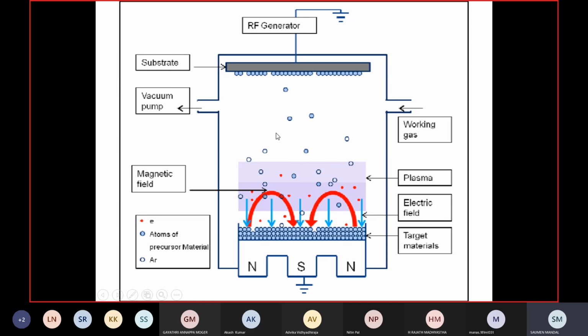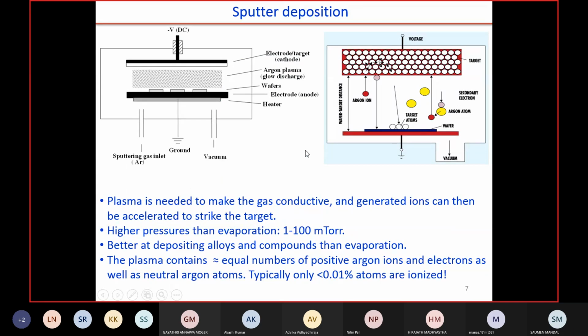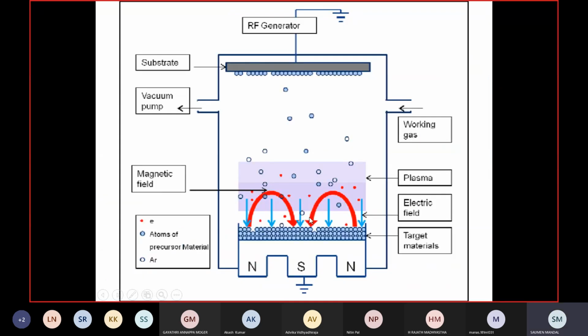But how are these atoms coming? If you put in argon gas and make the argon ionized, then this ionized argon, that is the plus charge, will move towards the cathode, and it will knock on the cathode surface. Due to its high velocity, some of the atoms will be ejected from the surface, and those ejected atoms will come and deposit or condense on that substrate. So this color represents the plasma,